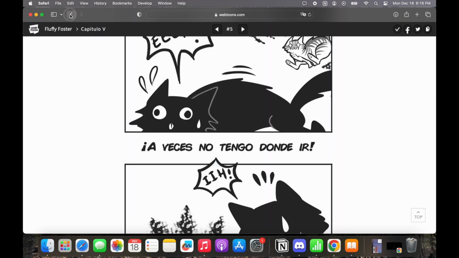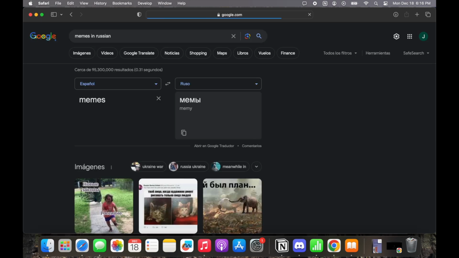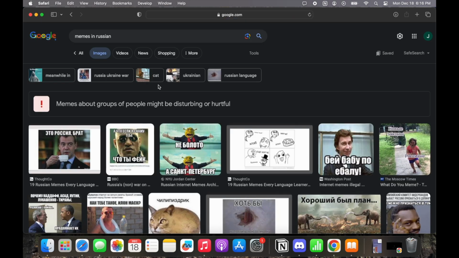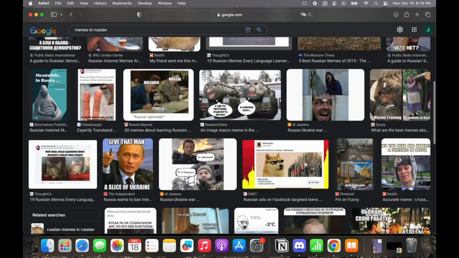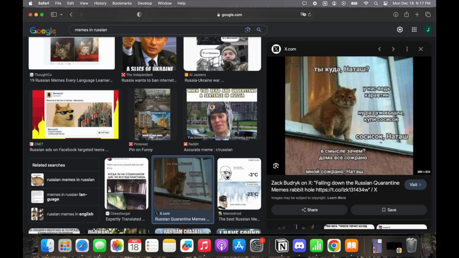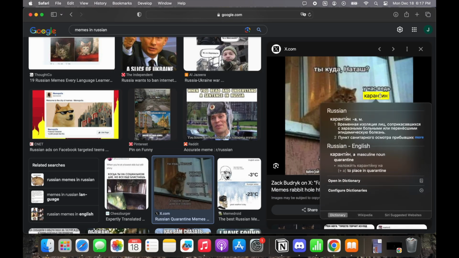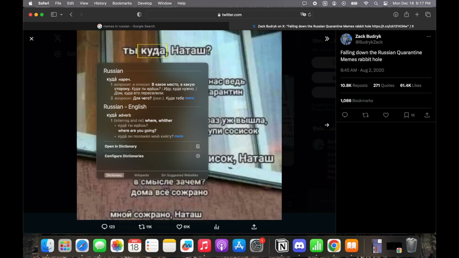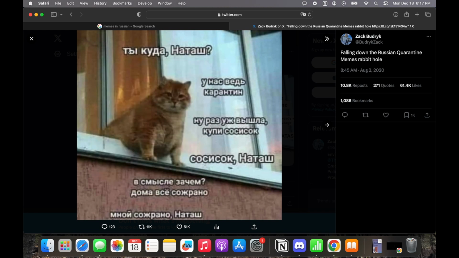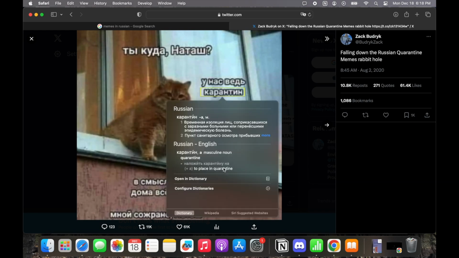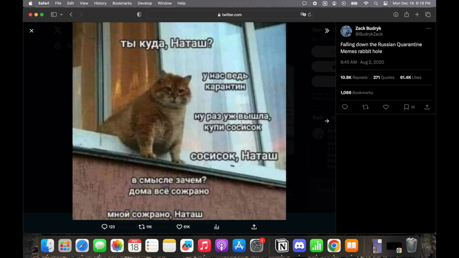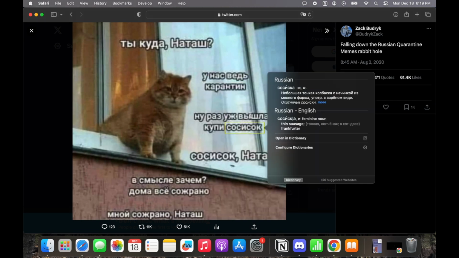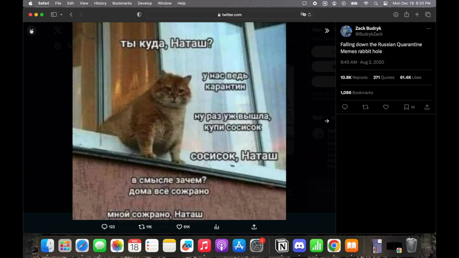So let's look at some other stuff. This could be dangerous because I speak zero Russian, so I will have no idea what I'm clicking on. So I'm very sorry if there's anything questionable in here. Oh good, this one has a translation, so we can see if it's actually working. Okay, where you place in quarantine. Okay, based on what I can tell,